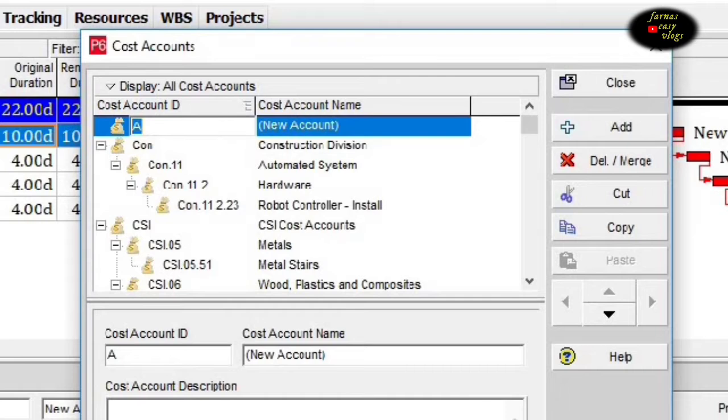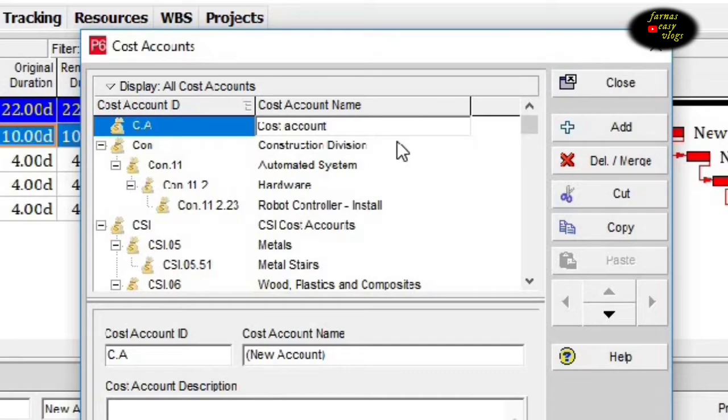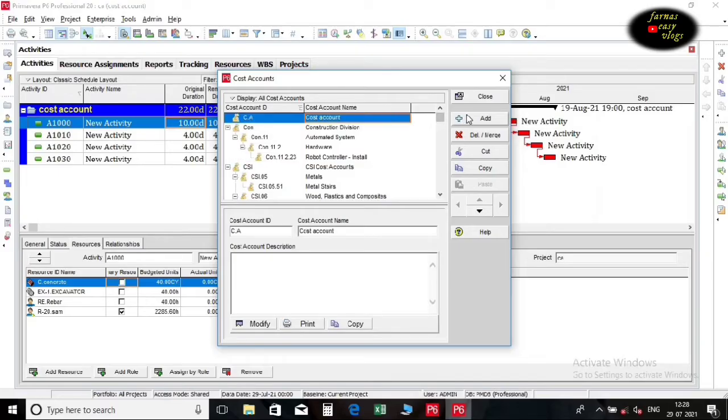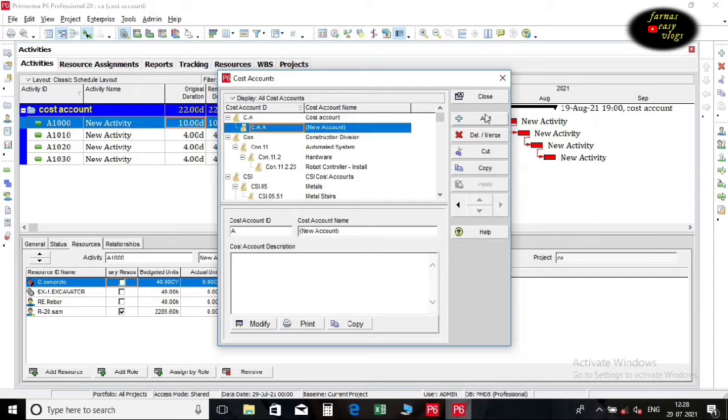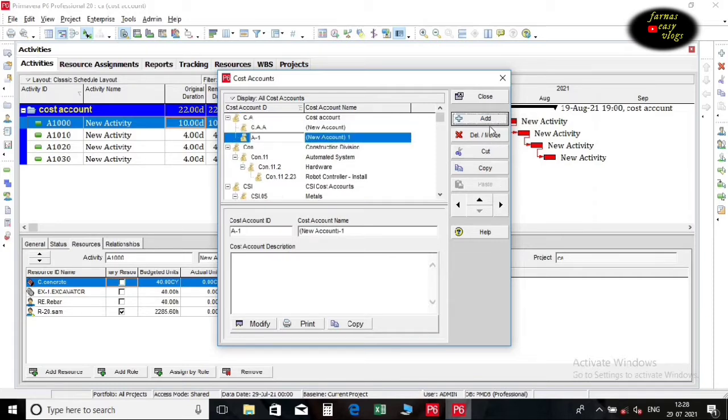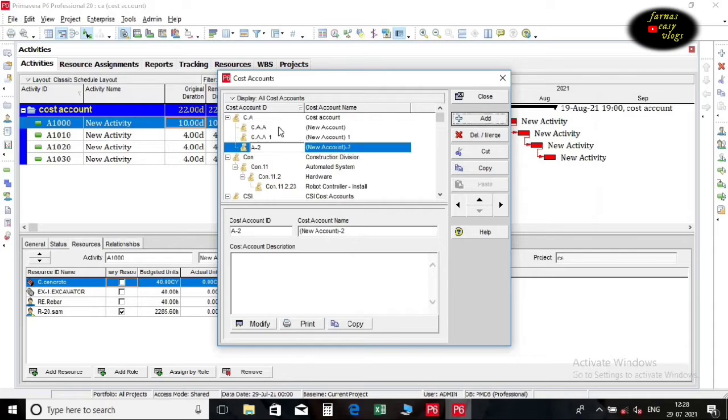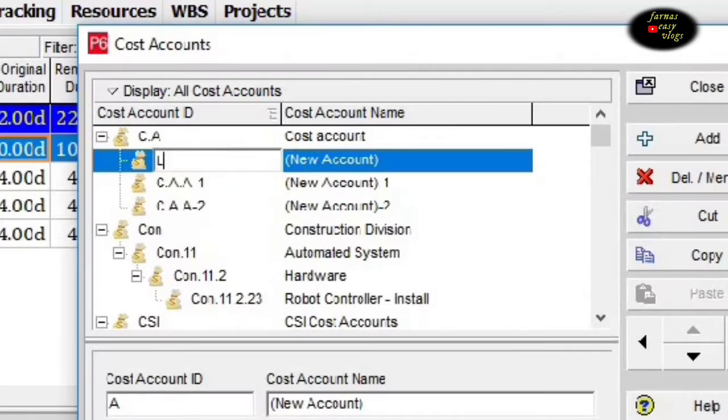Give a name as per your choice. Divide our cost accounts into a number of categories as per our choice. We are dividing into 3 subcategories.